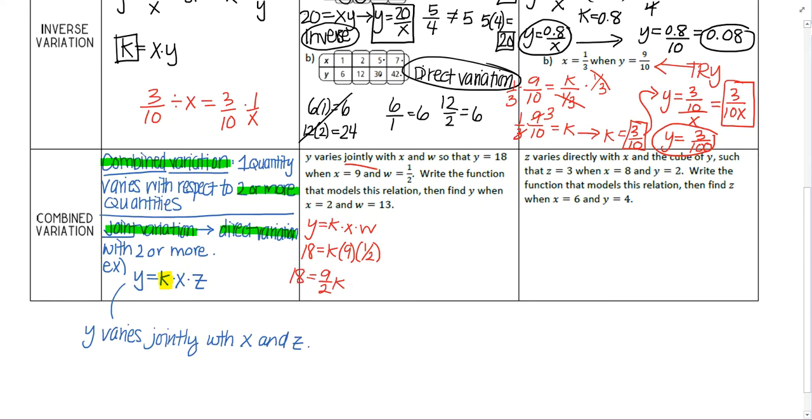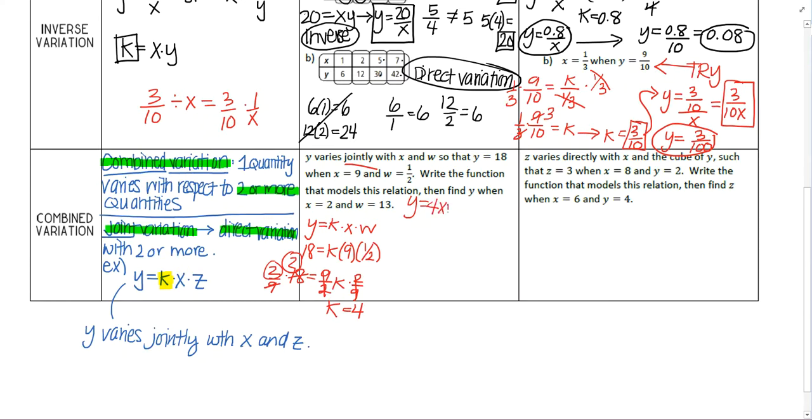Let's get rid of this 9/2, multiply by 2/9. So 9 goes into 18 twice, and then these are gone, looks like k is 4. 2 times 2. Okay, so the function is y equals k times, whoops, got to plug in k,